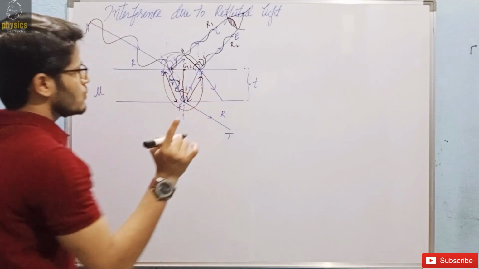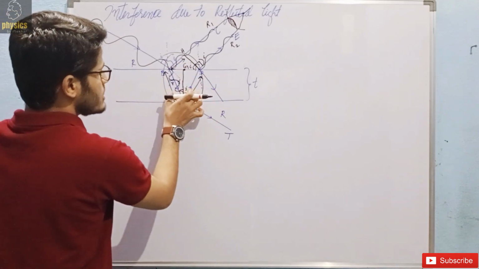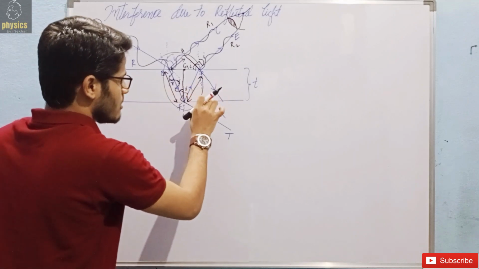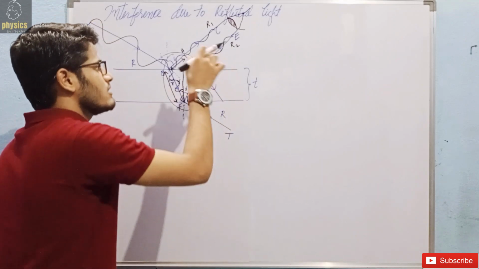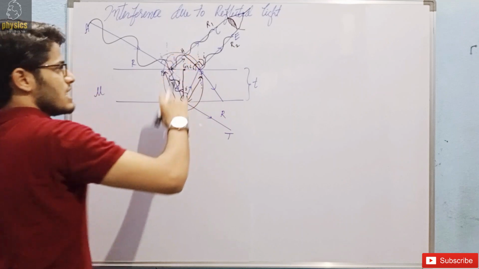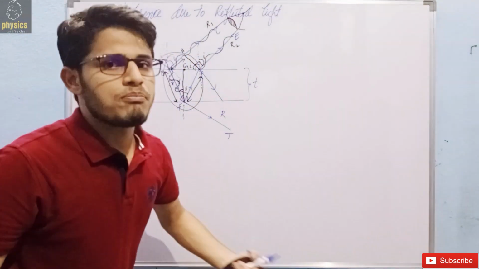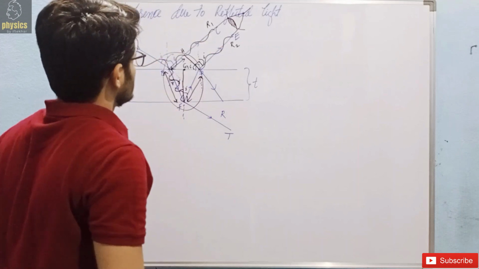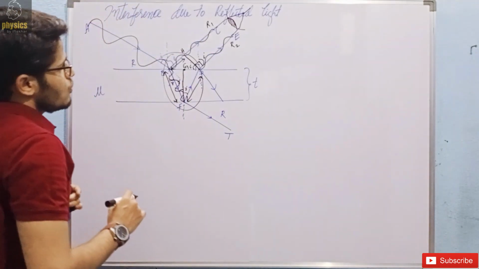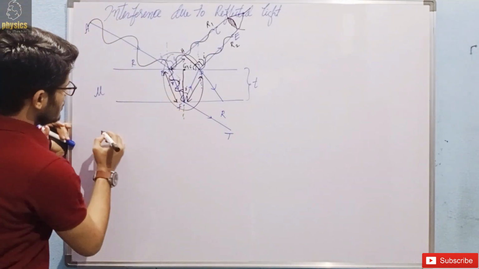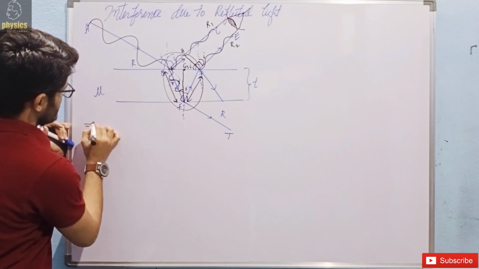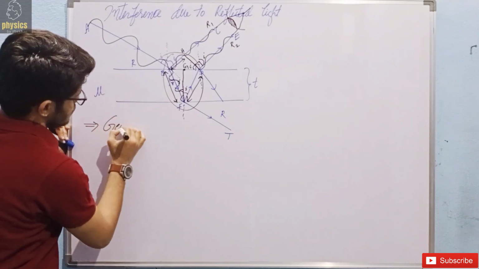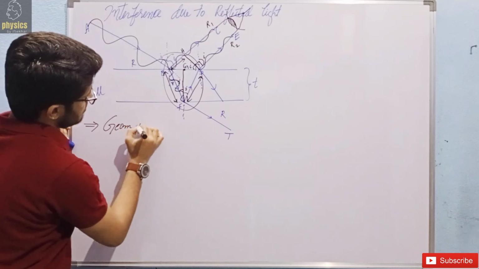So what I have to do, I have to find out these two distances, add them, and subtract the other distance from this distance. Then I will get the path difference between ray 1 and ray 2. So let's do it. Before that, I have to do the geometrical path difference first. So the geometrical path difference